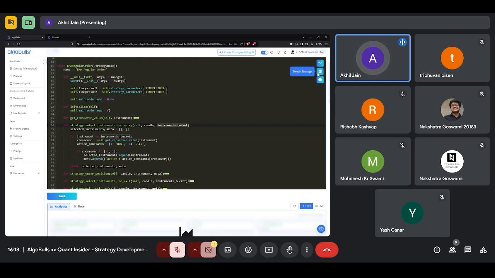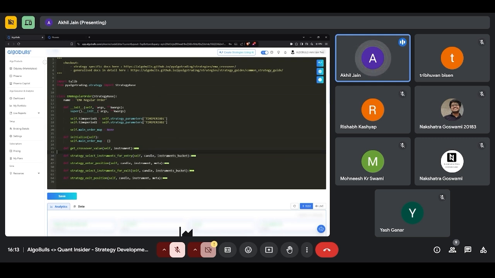Again, the candle is also given here in the tweak panel, and based on whatever the candle duration is, these four methods will be called for every candle. Let's say the candle is 5 minutes. These four will be called at 9:15, then again at 9:20, and again at 9:45 and so on. What we need to keep in mind is that these methods are being called again and again, and apply our logic inside them as required.